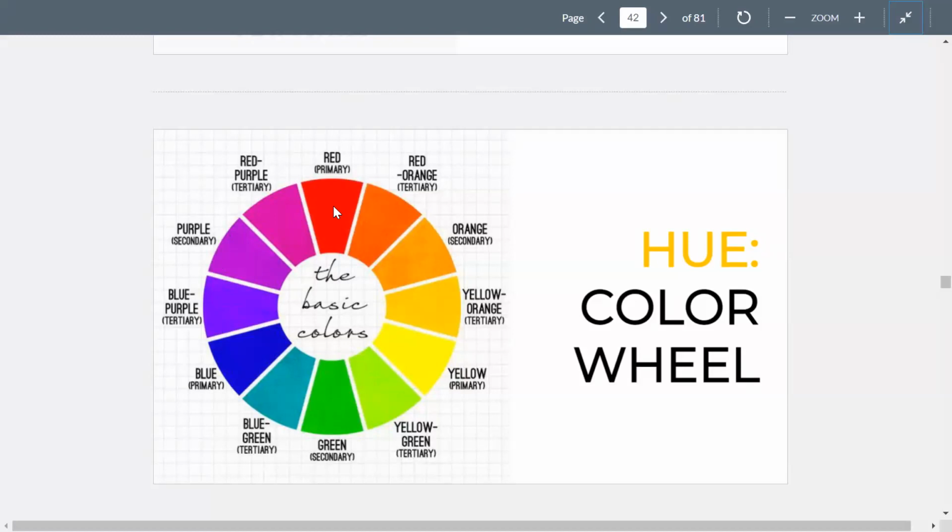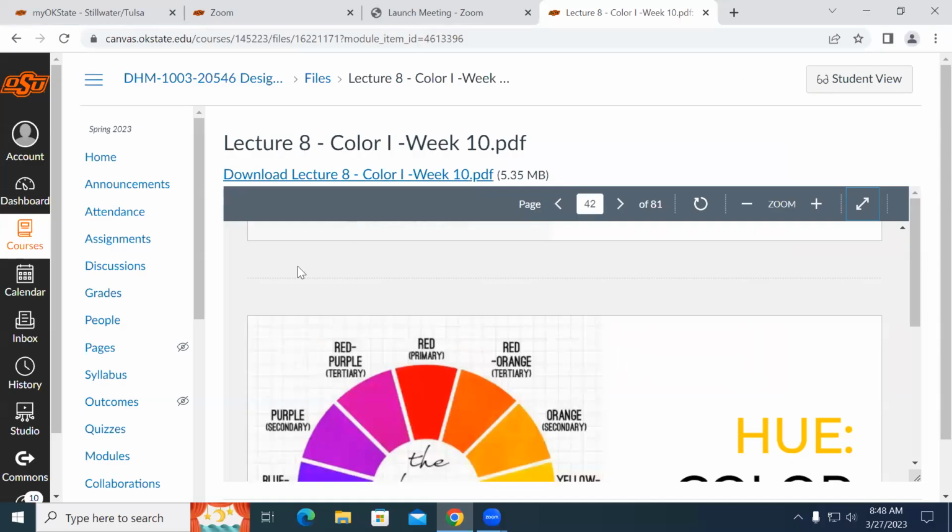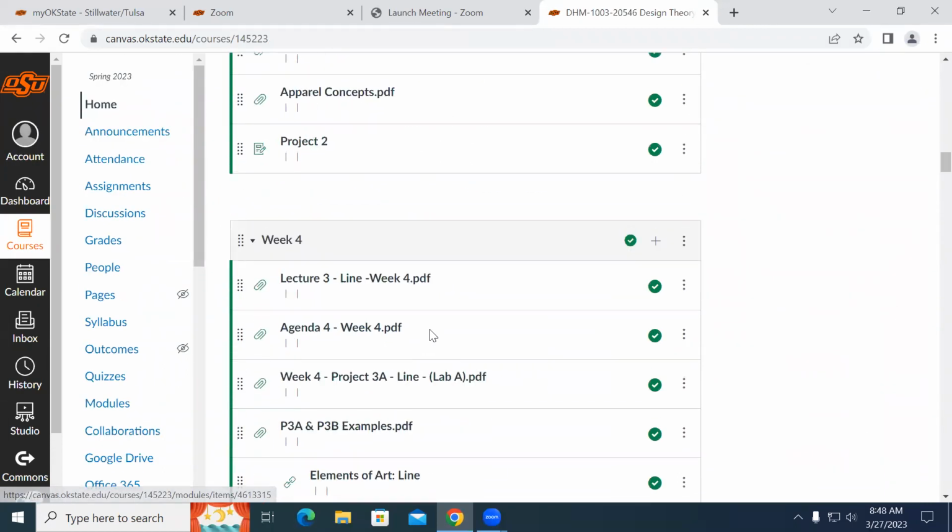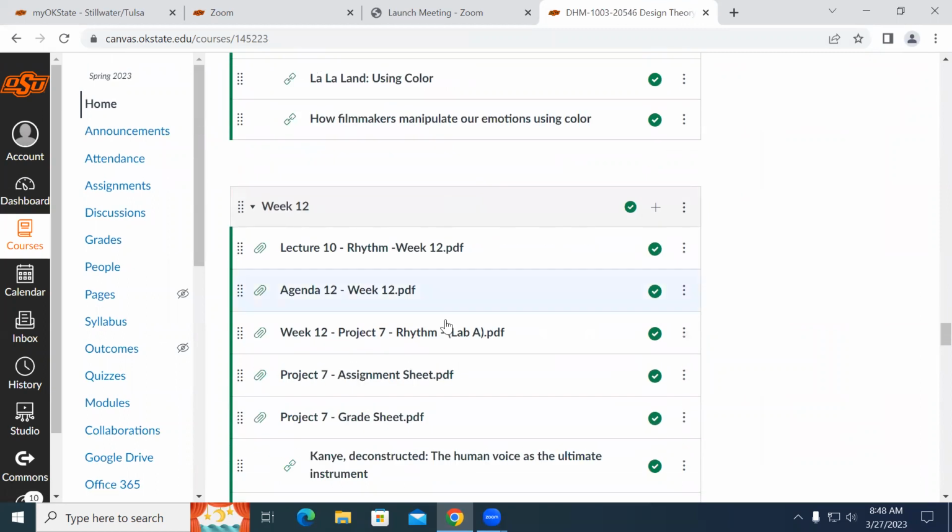And the analogous means the three colors like this. If you're using them, they're going together. And complementary colors are two colors opposite, and the split complementary colors are this and this color. And also for the other way around, you can use this one with the three on the opposite side. Then we go to